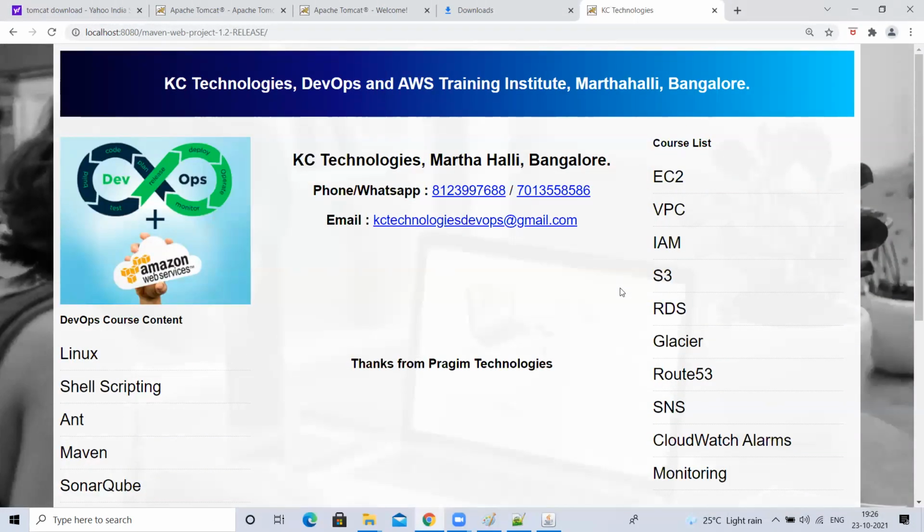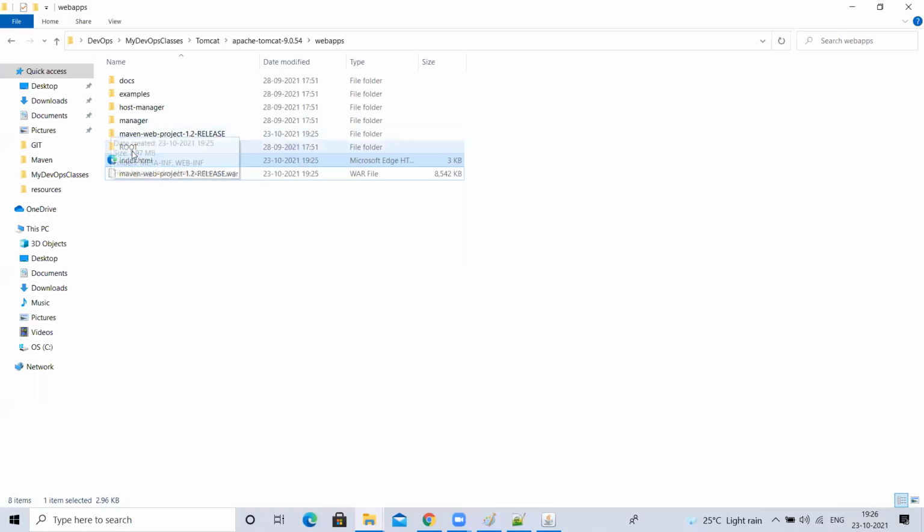Now remember one thing. It is an HTML file I directly changed. This is not a proper way to do the deployment. Without testing, we should not directly do the changes. Actually, the code has to be changed on a developer's local machine. They have to push it to GitHub, right? Then through Maven, we have to generate a new artifact with the latest version 1.3 and then deploy it. But I'm not doing that.